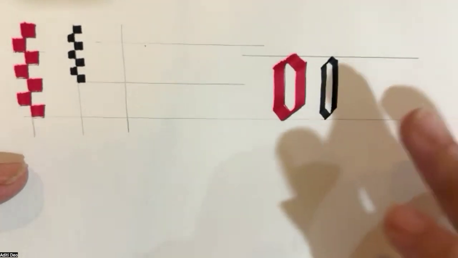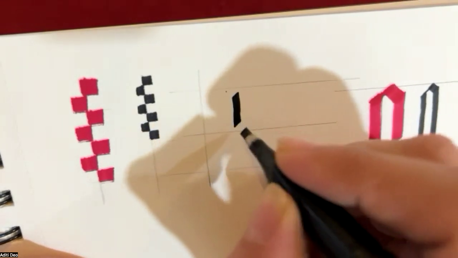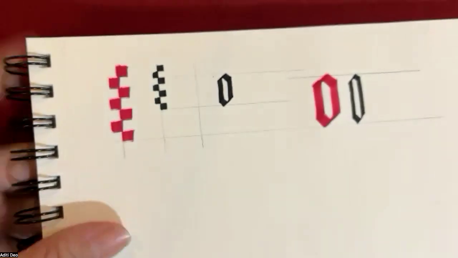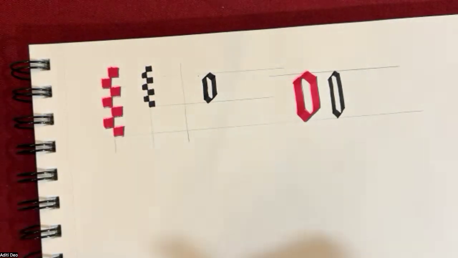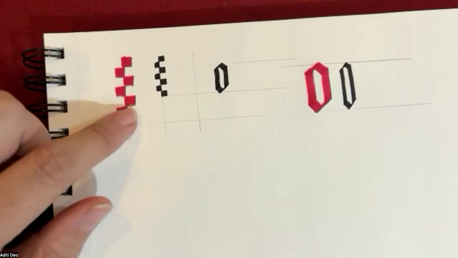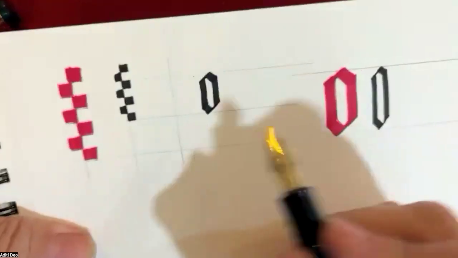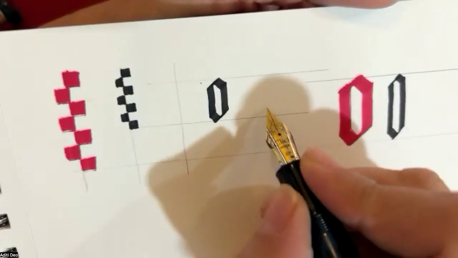The proportion is all really off. But if I make it here, then these two look like they are the same proportion. So the best way to maintain the exact same proportion is to always adhere to a scale. Now each letter form, like each script, has its own proportion. So this is now a baseline.